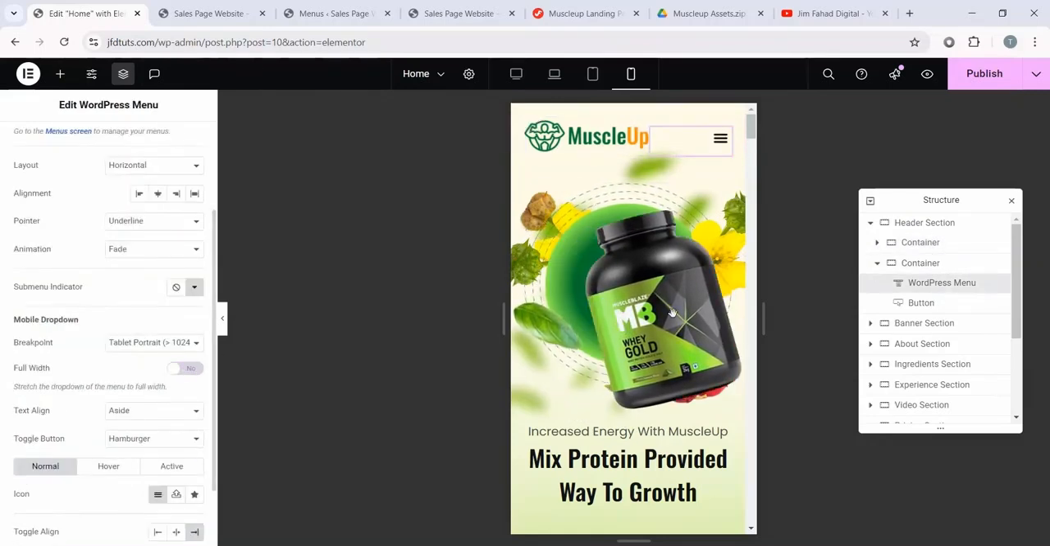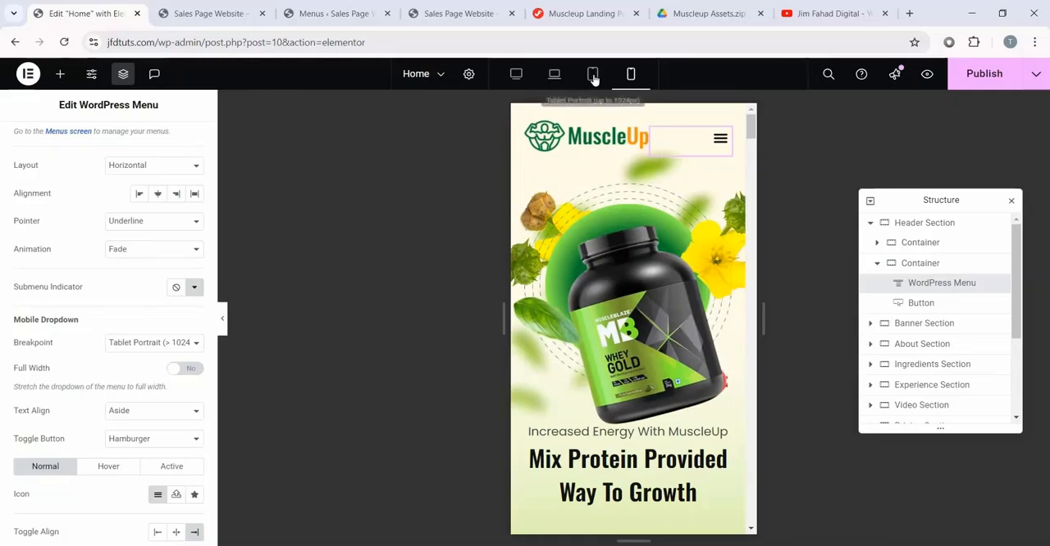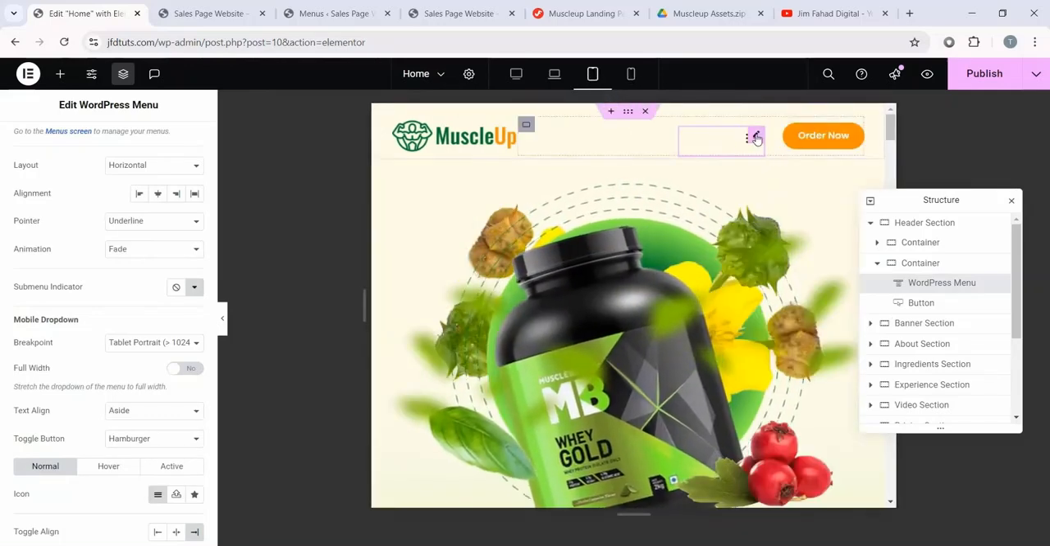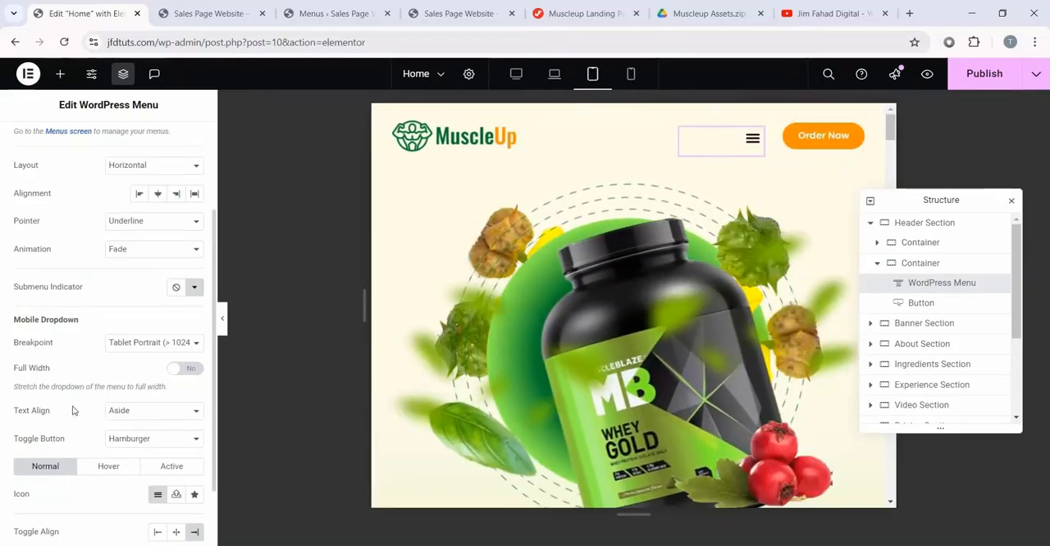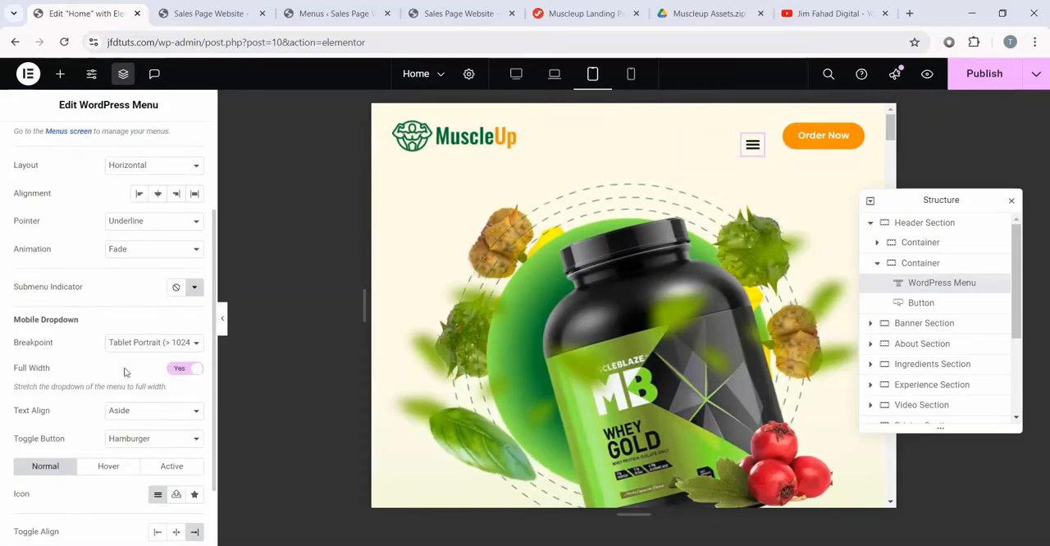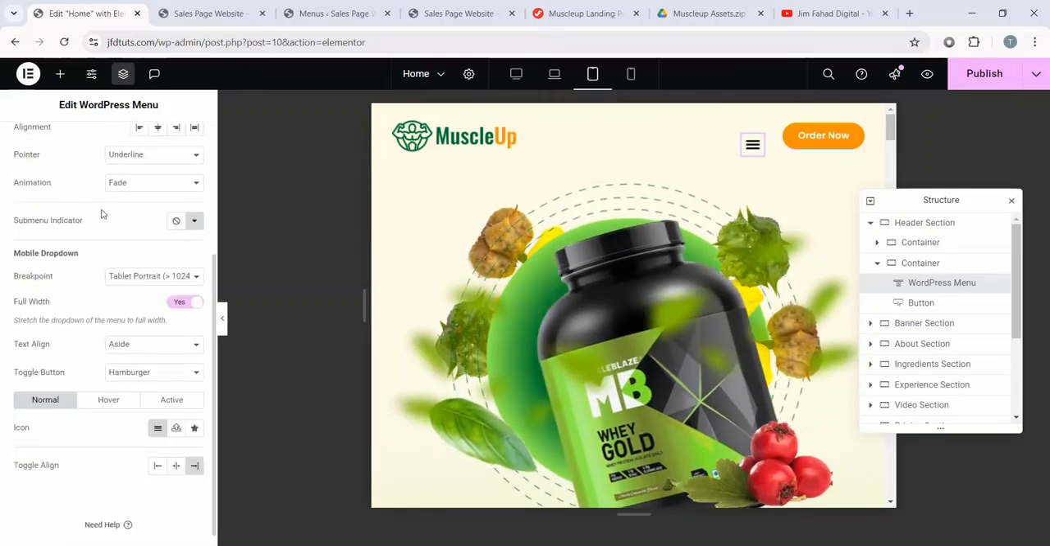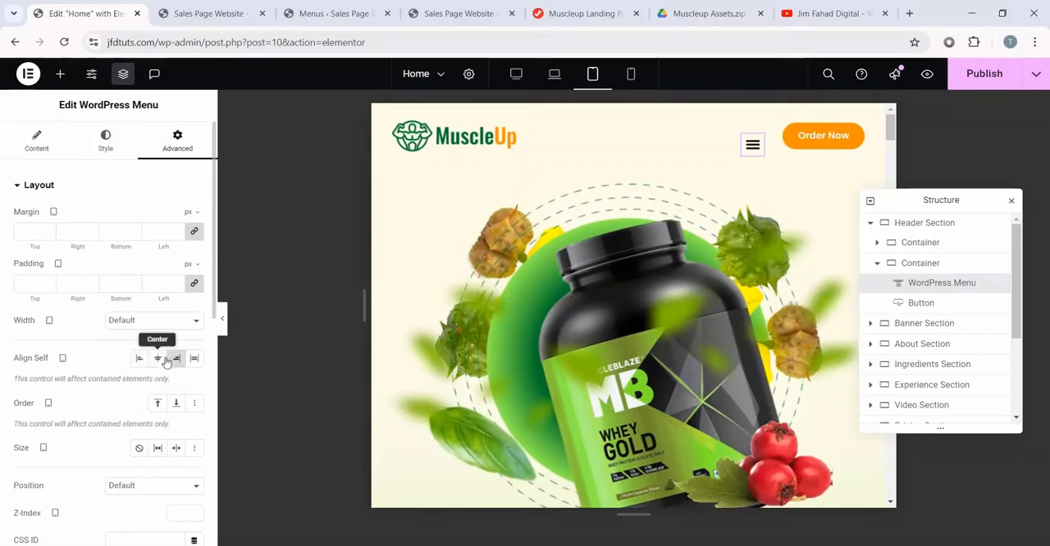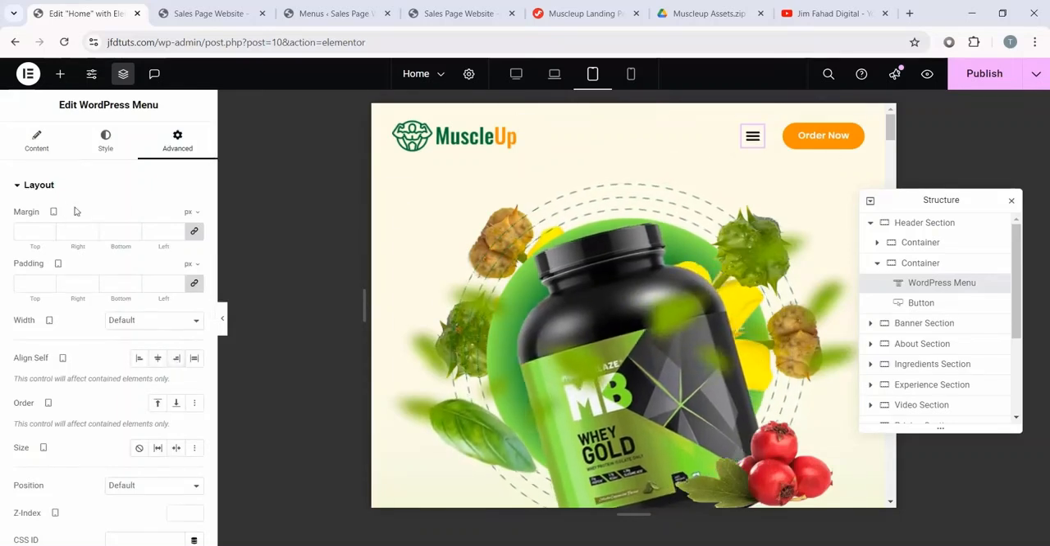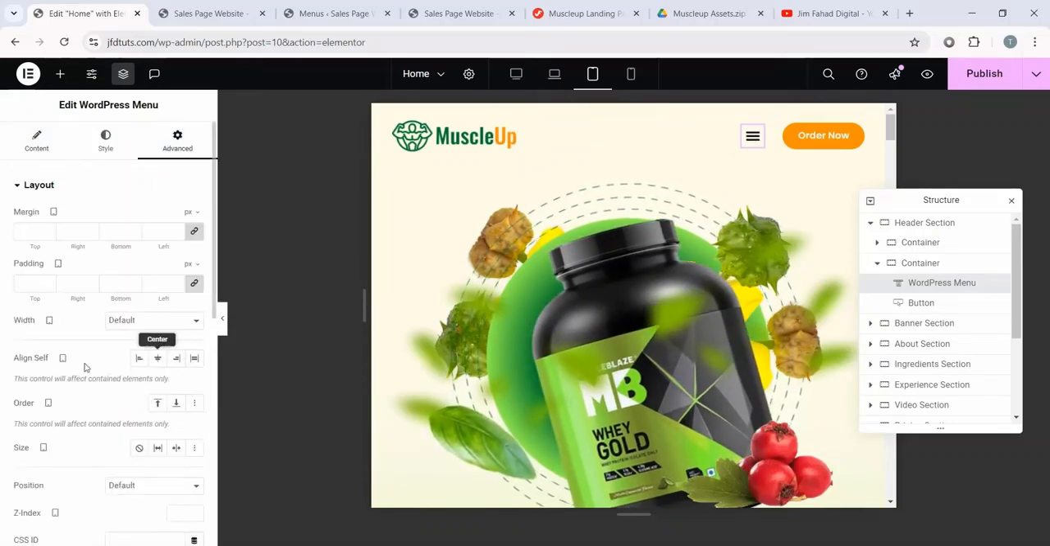Okay, by the way, I want to do one thing. Let's go to the tablet mode and select this hamburger menu, and from this content make this full width. After making it full width we can see this is aligning like this, but if we remove this from here it will be center again, so we don't have to add align self. Okay,